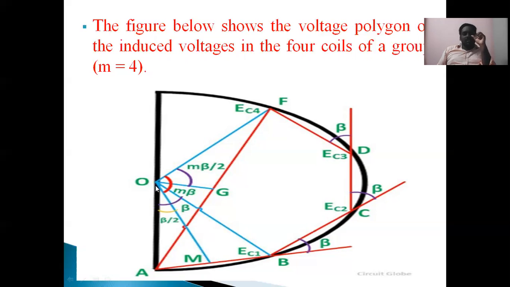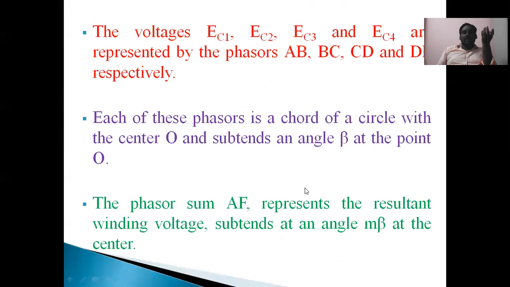Is it in a slotted circuit of armature? Now see here. This is the total length of AB. In this, half of the length of AB is represented with AM. Then we can project this, this is the length of OM. The angle between this is beta by 2, which can form a right angle triangle. Now we can start our analysis.